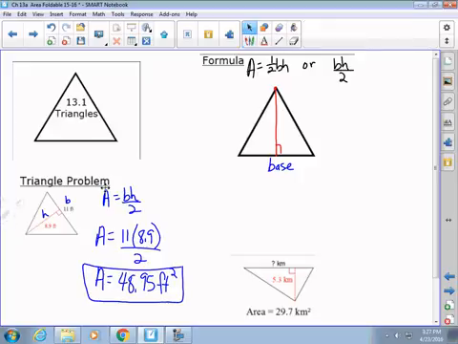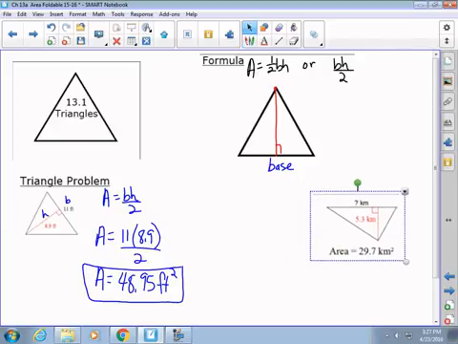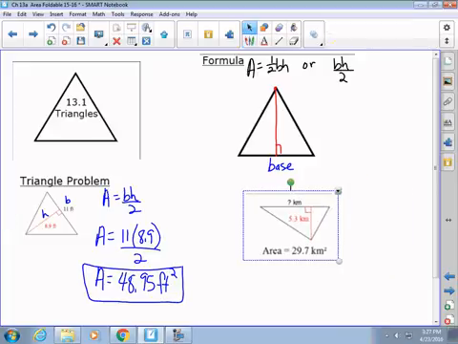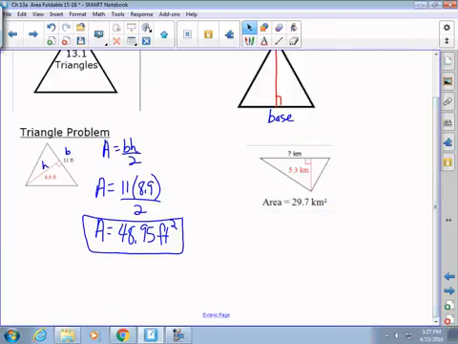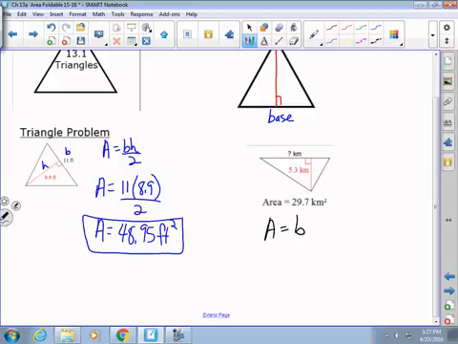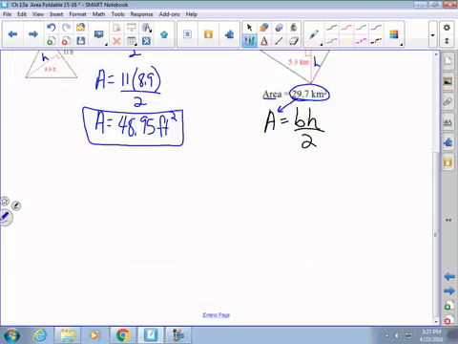So, on our second problem, same thing. I'll move this over, extend the page. Start off with our formula, A equals base times height divided by 2. Label our parts. Base is missing, that's what we're trying to find. Our height is the 5.3. We're going to substitute. We know that the area equals 29.7, so we're going to substitute that for A. So we're going to now put our 29.7 equals our base, which is what we don't have, times our height, which is